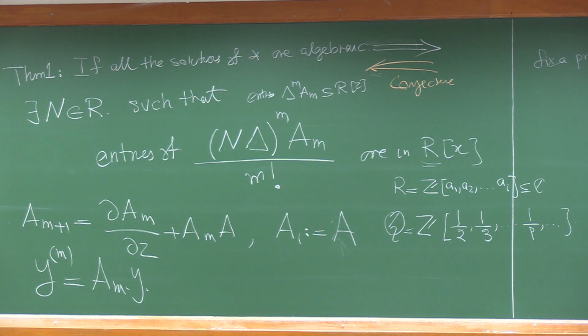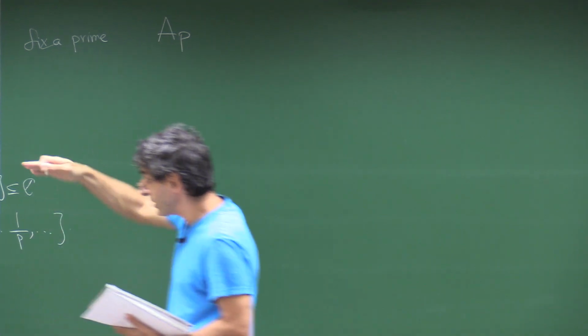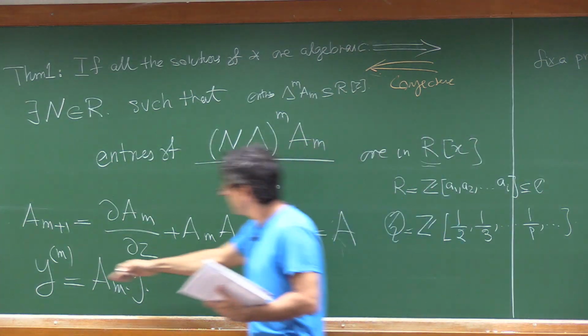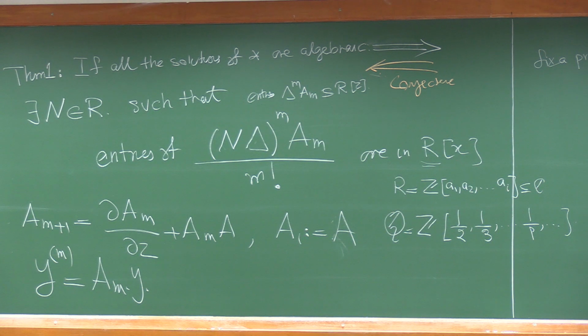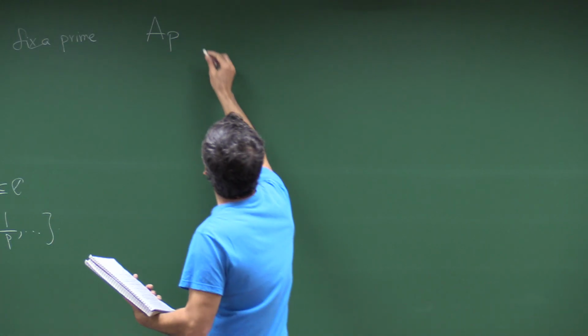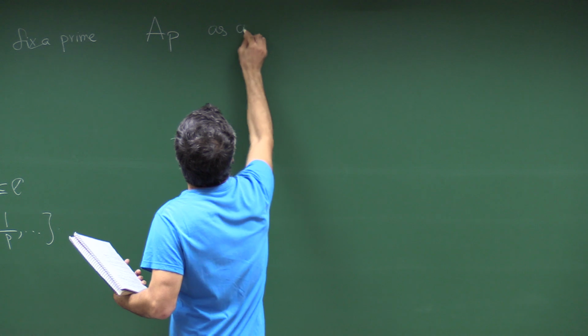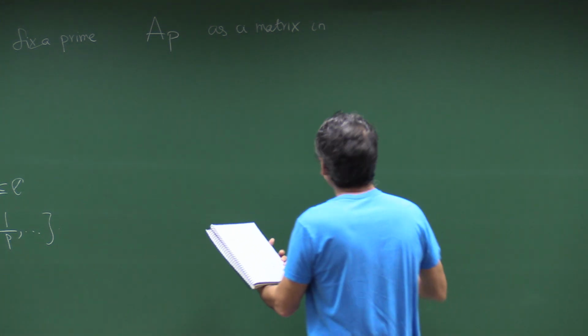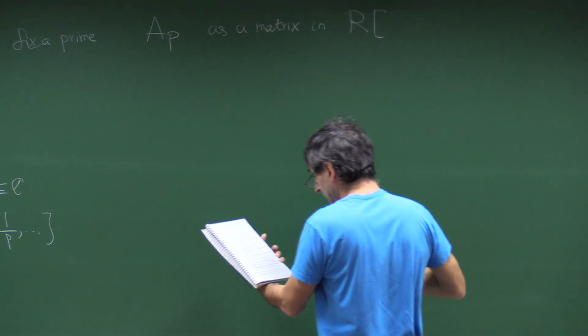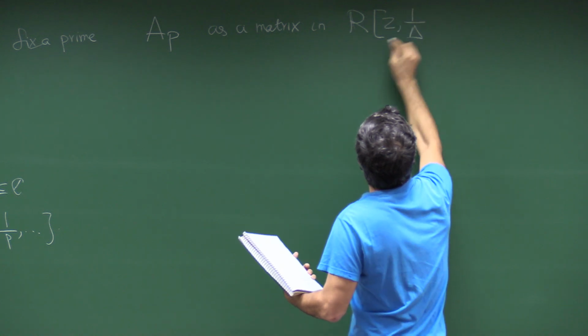But what I want to say is that this is not, at least, written in the literature, and then I decided to write it, even though it seems very elementary. What is known in the literature is that when we fix a prime, we are interested in the p-curvature. This means that we iterated your differential equation p times, and the issue is that we consider this one as a matrix in R, let's say Z.